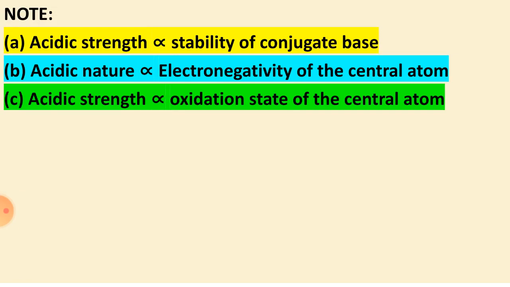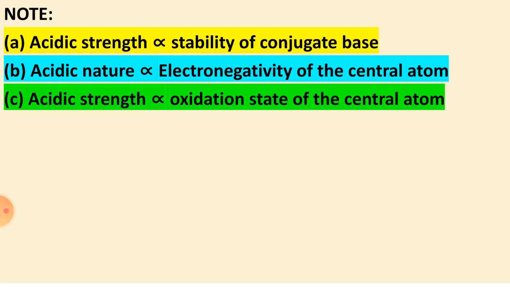Let us draw a diagram of ClO4 minus in your mind. Here Cl is in the center, attached by a double bond to O, double bond to O, double bond to O, three times, and a single bond to O having the minus charge once. So Cl is attached to 4 O, 3 by double bond and 1 by single bond, which has a minus 1 charge. Now this minus 1 charge, due to resonance, can be dispersed over all 4 oxygens.